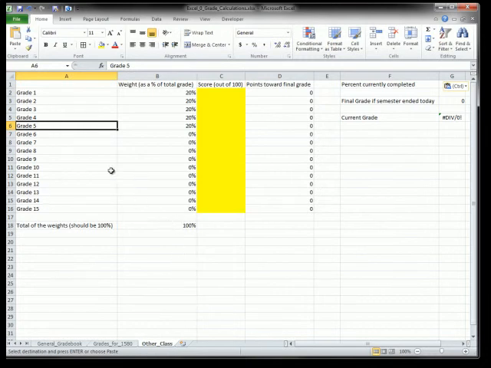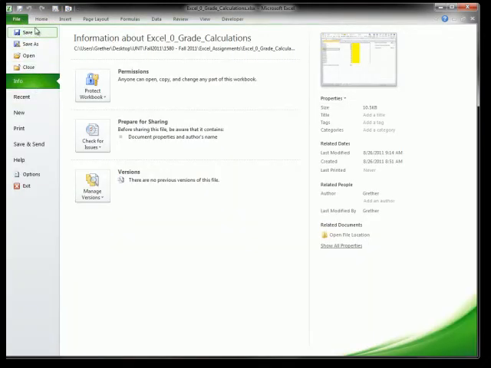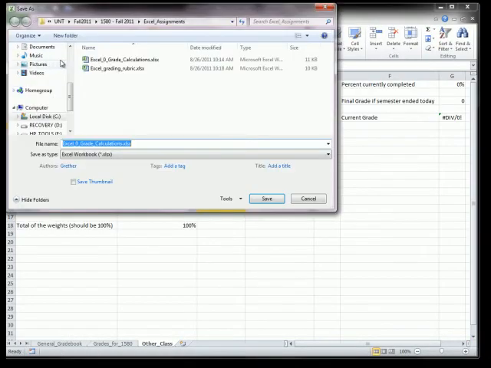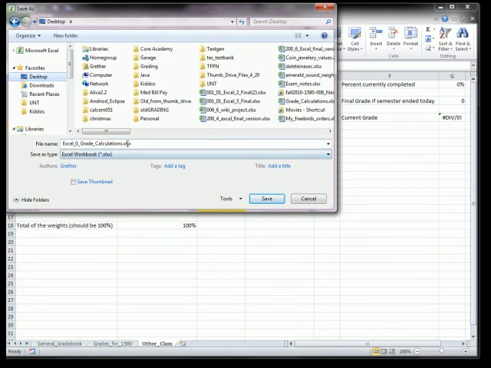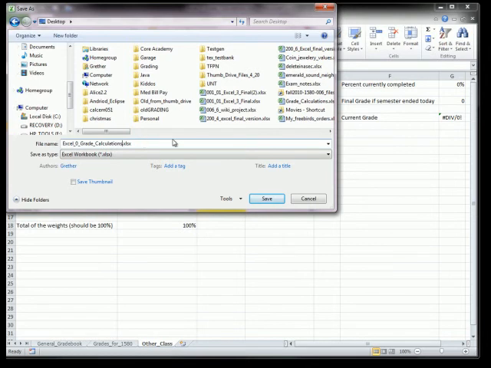And as a final note, let me show you how to save the file the way that we're supposed to. Once you click the File tab there, hit Save As. I'm just going to save this to the desktop here. And I'm going to select this as Excel 0 grade calculations with my name, Mark Grether, and my class, 1580, section, I'm just going to make up something, 345,